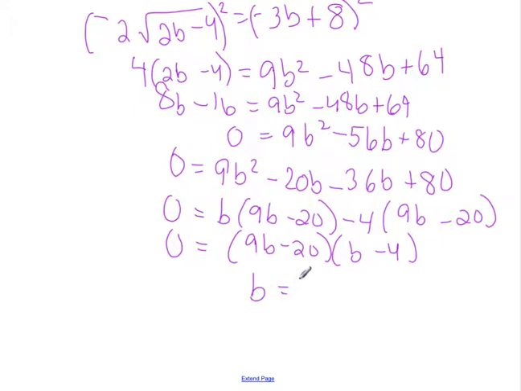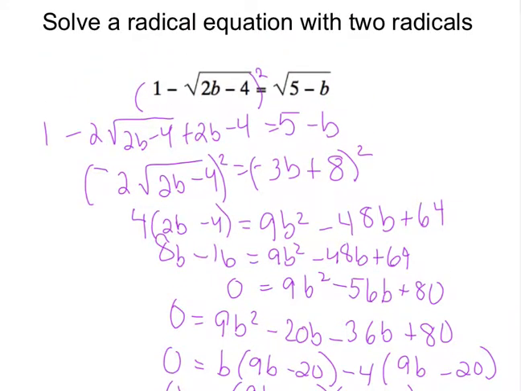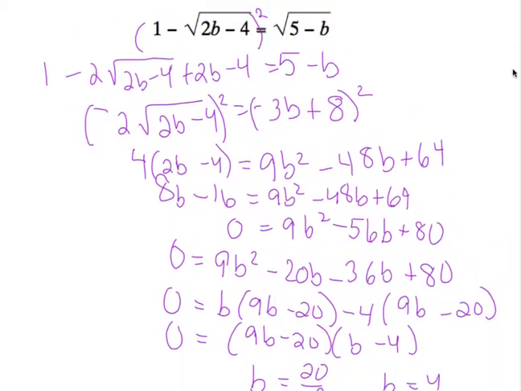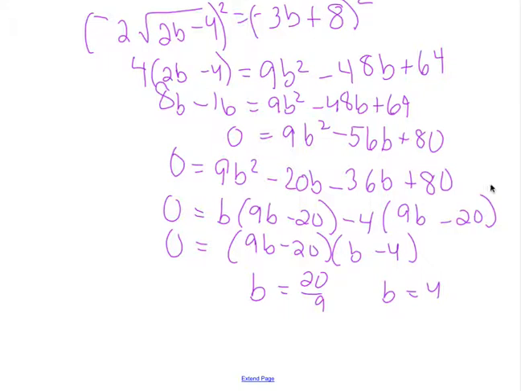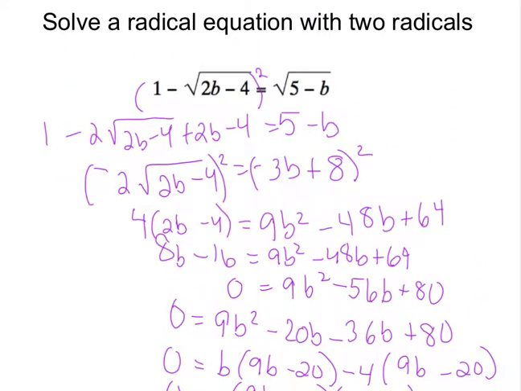So now let's see, what's b? Well, b is either equal to 20 over 9 or it's equal to 4. But remember, when I'm solving a radical equation, I have to go back and check to see if either of these answers are extraneous. So let's see, my original equation,